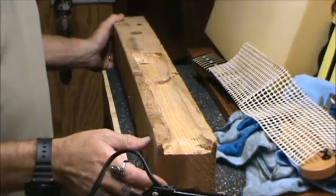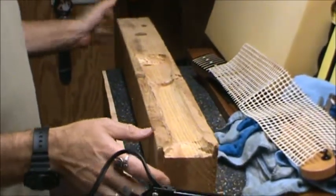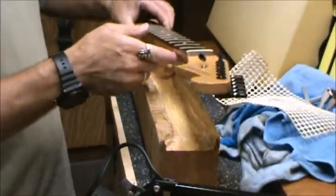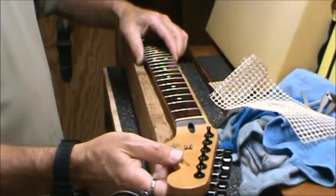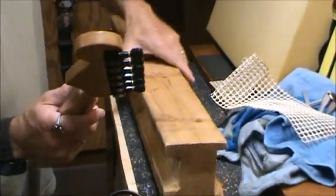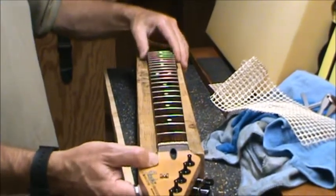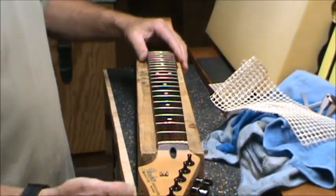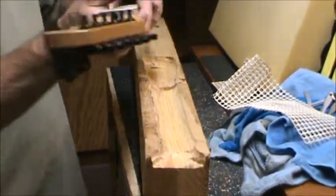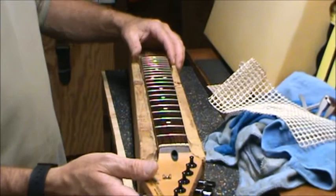Alright, this is a jig I made. All it is is a 4x4, and I routed out the basic shape of a neck. I got a couple here, and this one's for a different guitar, so it won't fit. It kind of does, but not really. So this one, like I said, was specifically...